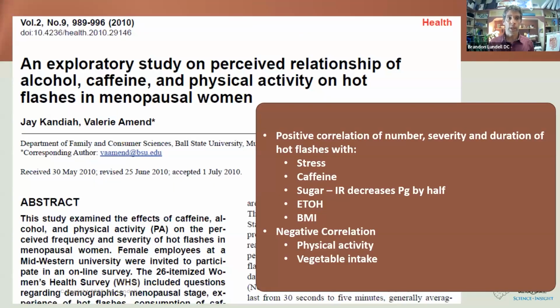An exploratory study on perceived relationships of alcohol, caffeine, physical activity on hot flashes in menopausal women. And I'm just talking about menopausal women. As I said, alcohol in and of itself is one of the greatest inflammatory things you can do to your body and to your endocrine system. But there is a positive correlation of the number, severity, and duration of hot flashes with stress, caffeine, sugar. Like I said, insulin resistance decreases progesterone and progesterone sensitivity by half. Alcohol consumption and BMI, a negative correlation with physical activity and vegetable intake, and also the microbiome and affecting the